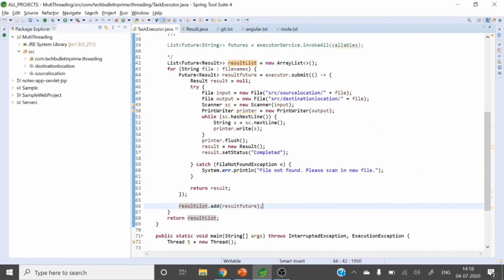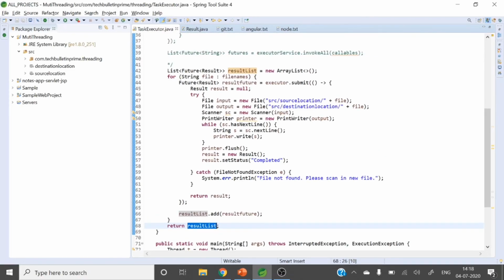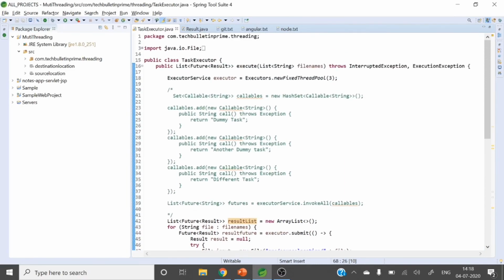Because we have 3 files, for these 3 files we'll receive 3 results. After receiving these results, I am storing them in this list, and then I am returning that list from this method. So here we will get a list of future objects.